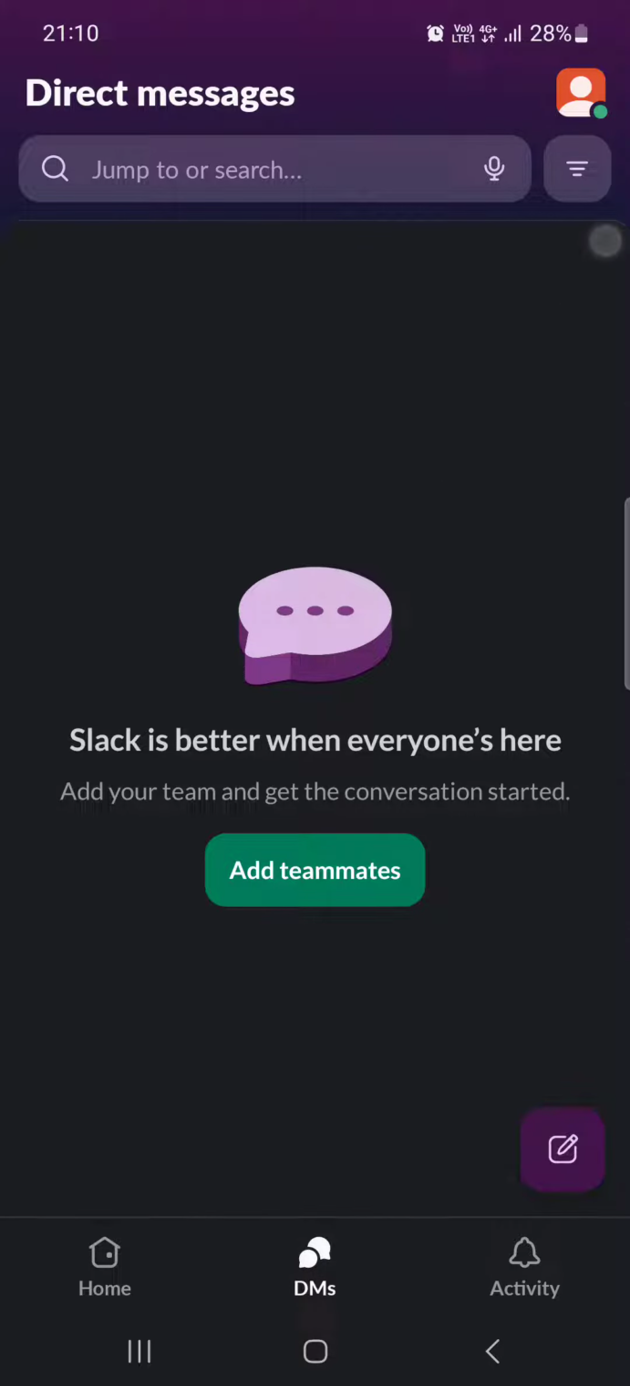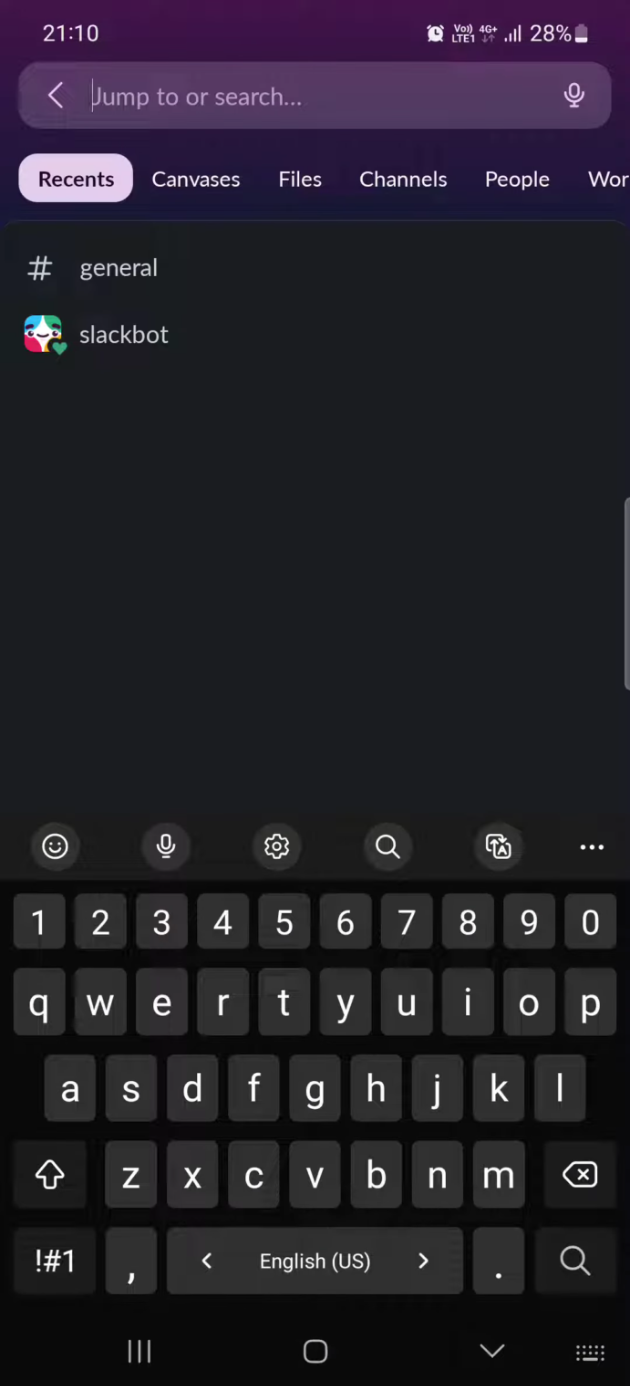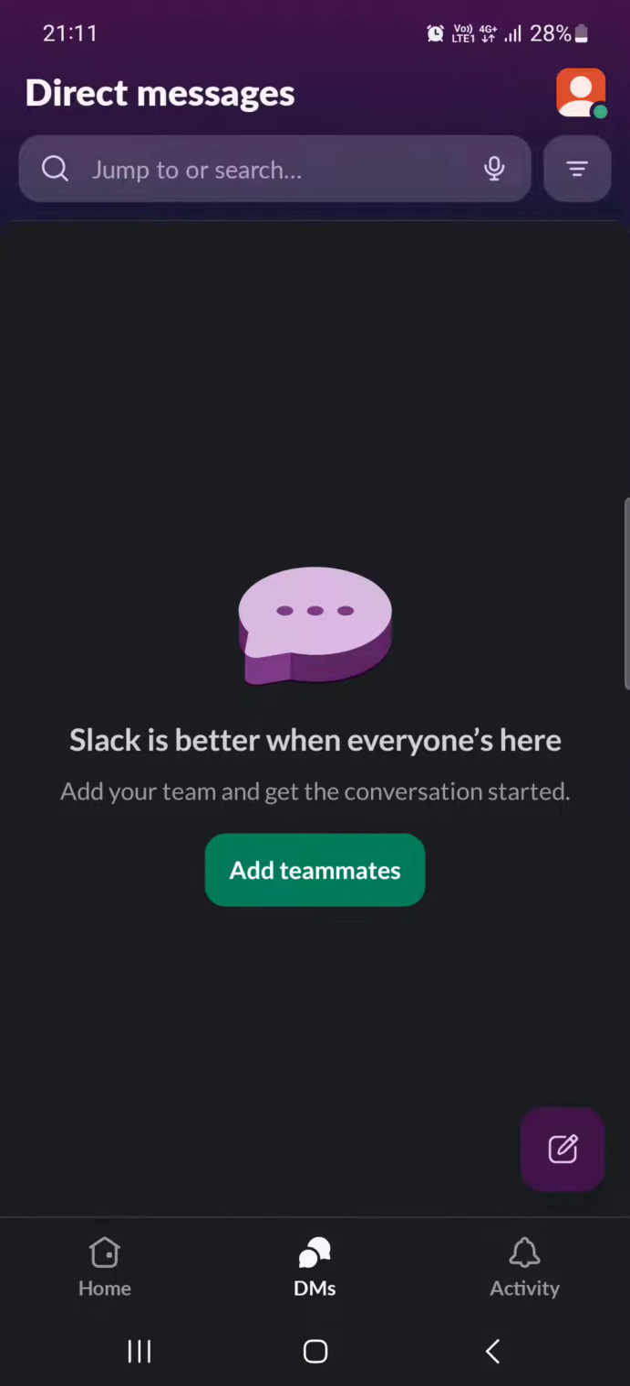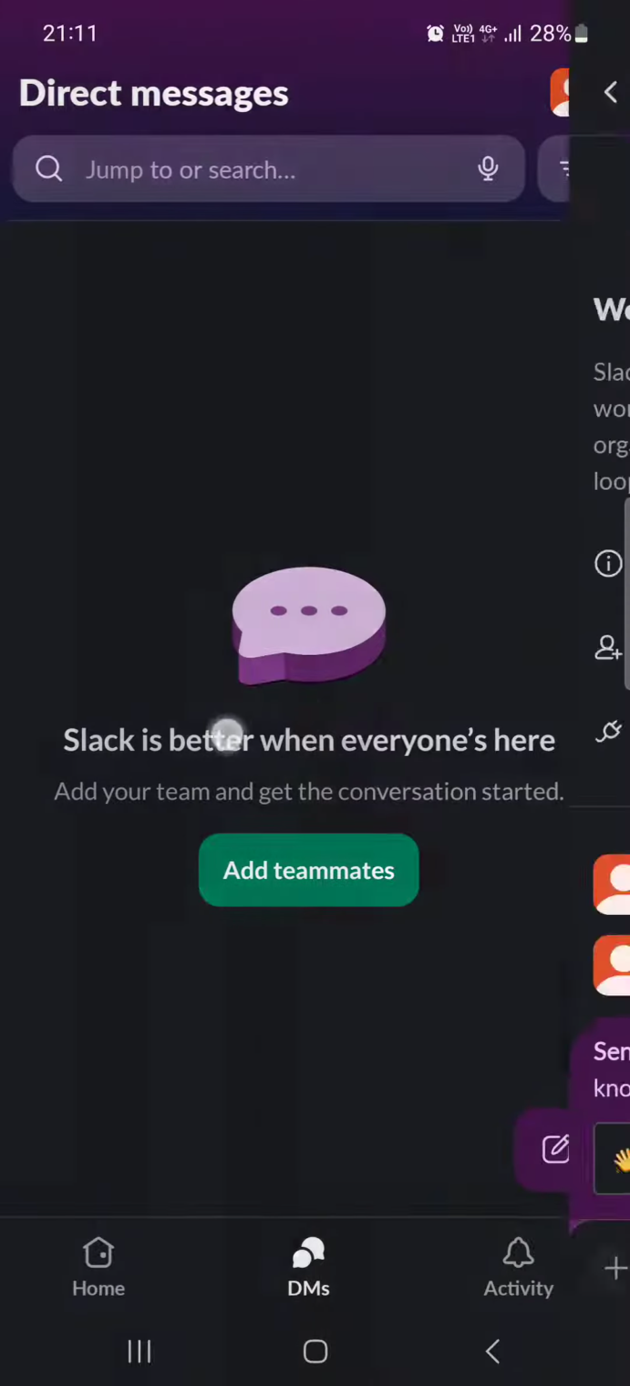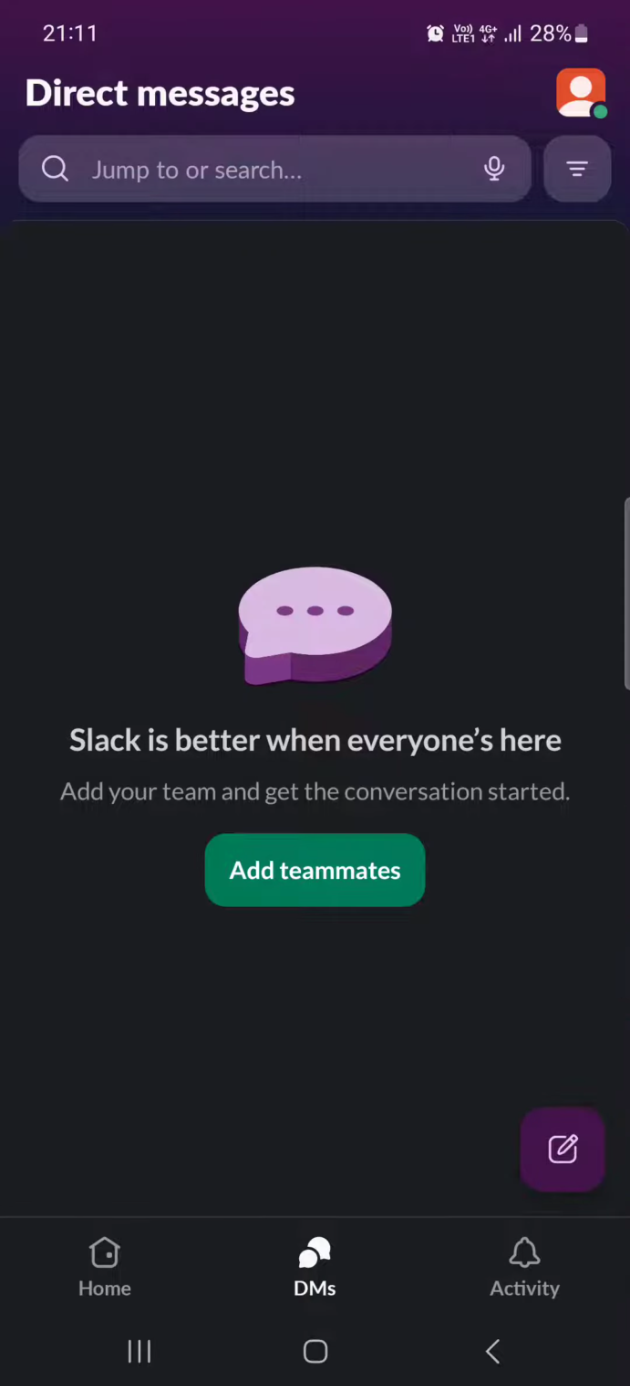If we tap on this, then we get the list of new messages that we received, or we can search messages here in the search bar, and we can even start new messages by tapping on the little icon in the bottom right corner, or we can add the teammates, so we actually have someone to